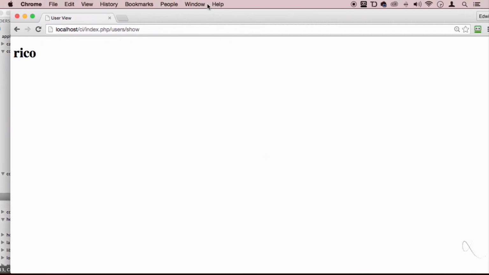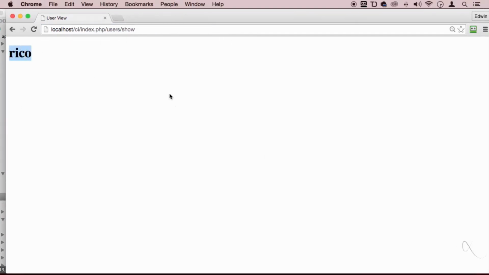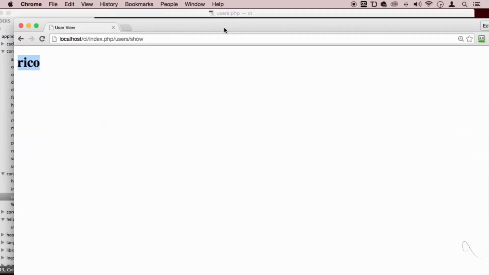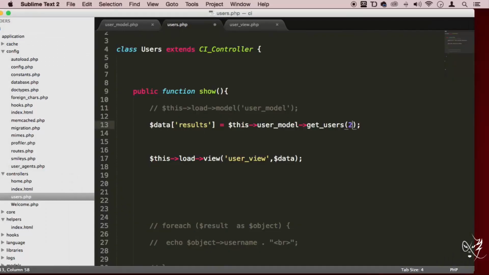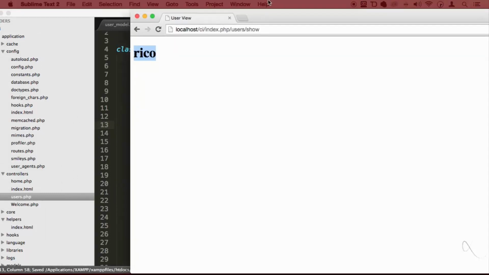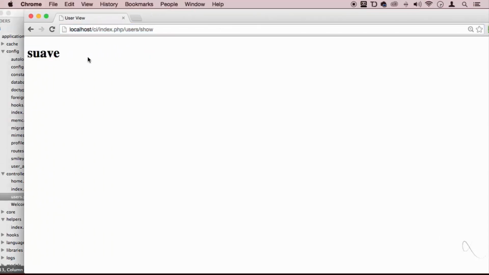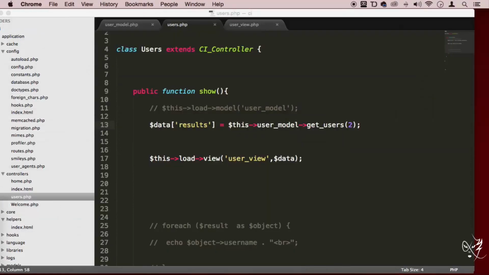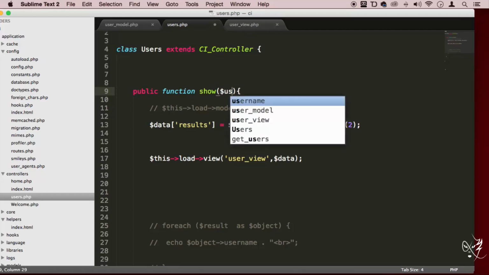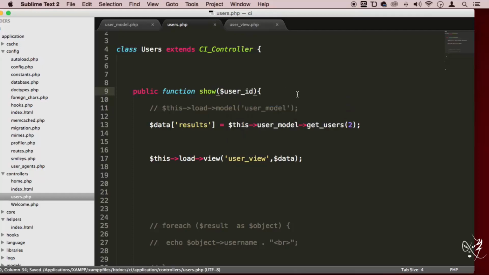Let's go here and enter. Now you can see that it is actually getting the username out of that ID of 1. If I switch the ID to 2, save, we are getting the Suave username, the second user. We can also pass in parameters in the URL. Like this. Let's say for example we say user ID here, and then